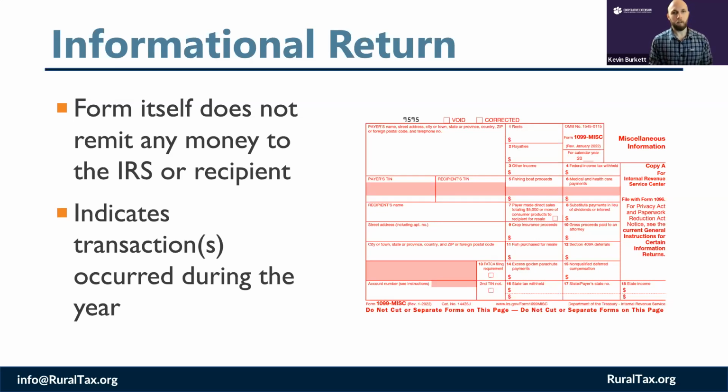And so again, $600 is the threshold. So you could have one payment that was over $600, or you could have several payments, let's say you had 4 payments of $200, for a total of $800. That would require a 1099 to be filed as well. And it's just the total amount that would be indicated on the return. So the total is, say, 800 in that instance. That's what you indicate on the form, and that's what's sent in on the informational return. So that's a copy of the form. That's the one that goes to the IRS center.